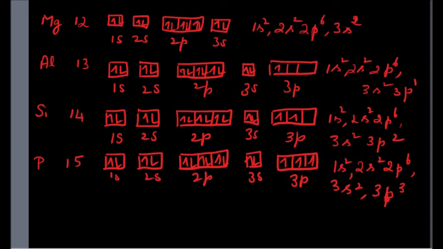In silicon again, like oxygen, we find the 14th electron going to the 3py orbital. See, just as in the case of oxygen, silicon, instead of entering the 3px orbital, the electron is going to 3py. And same is the case with phosphorus. The 15th electron is going to the 3pz orbital.